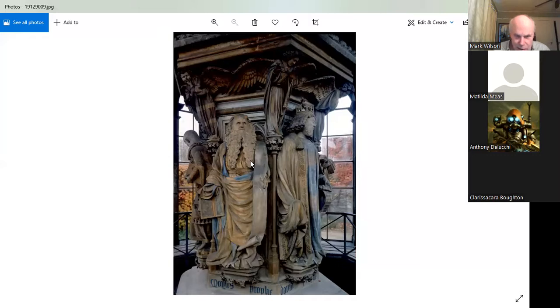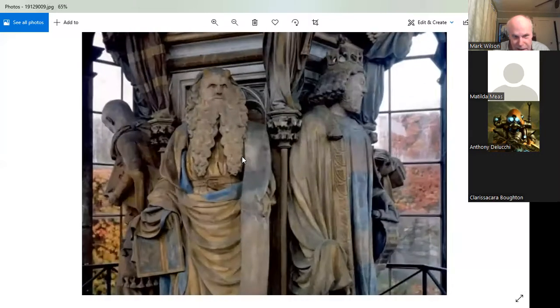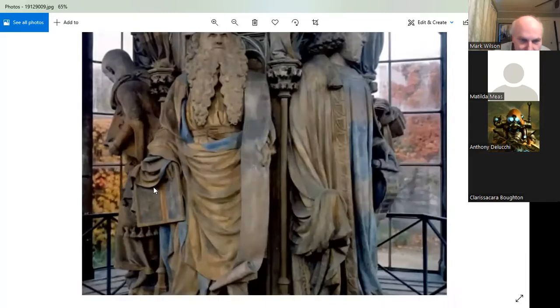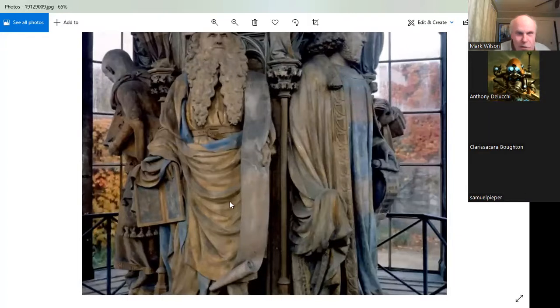The only one you have to remember, in case it's on the exam, is the one that's looking straight at us. Or is he? No, he's blind. It's Moses who led the Jews out of Egypt, according to the Bible. Actually, there's evidence for that, but whatever. Anyway, according to the Bible, this whole decorative well was inspired by different holy figures from the Bible. The most important of whom would be Moses, because he's carrying, you see in his hand, the 10 Commandments that are supposed to tell you how